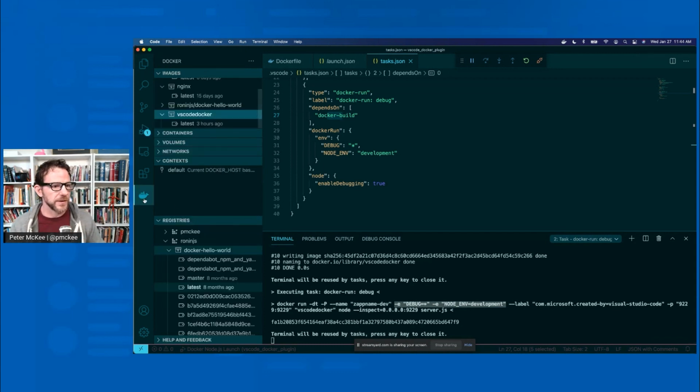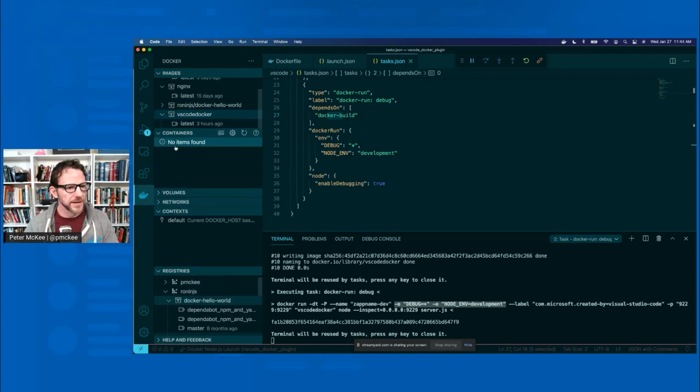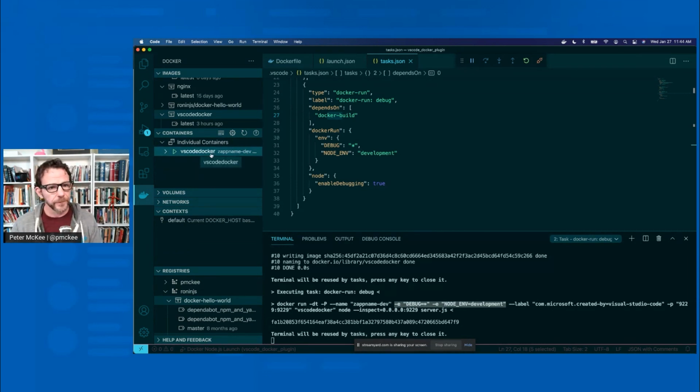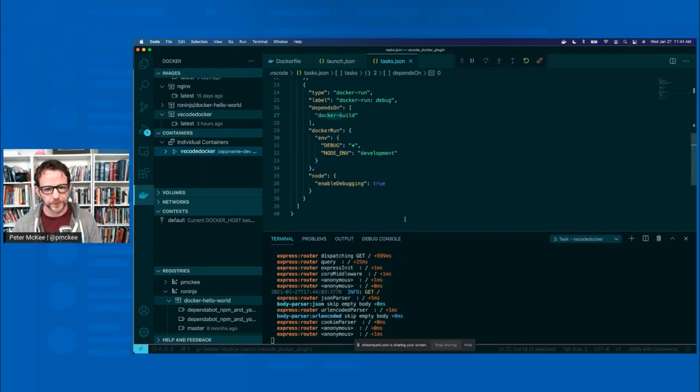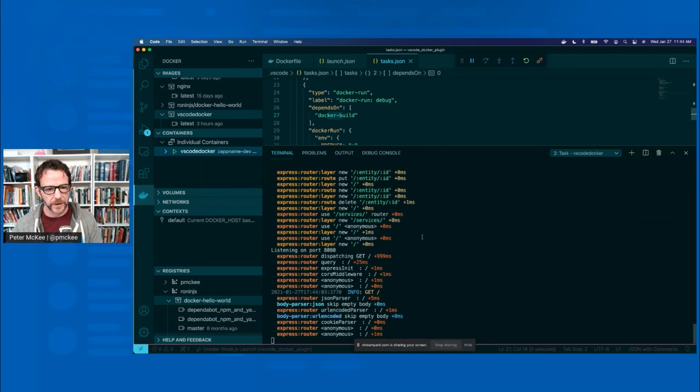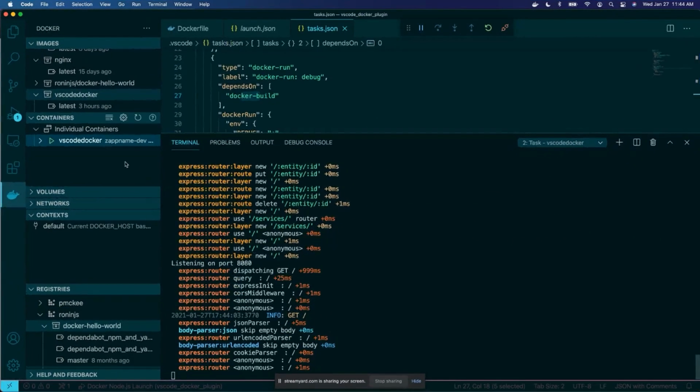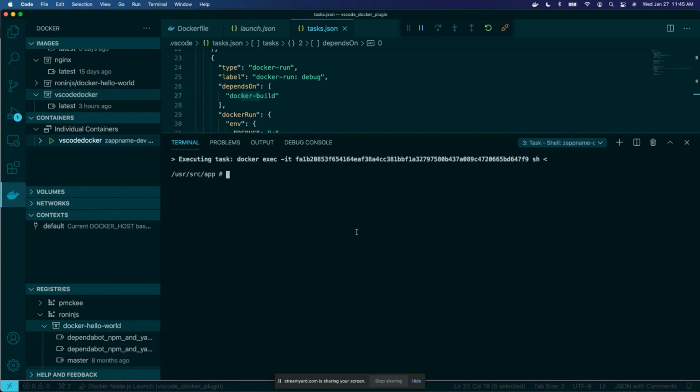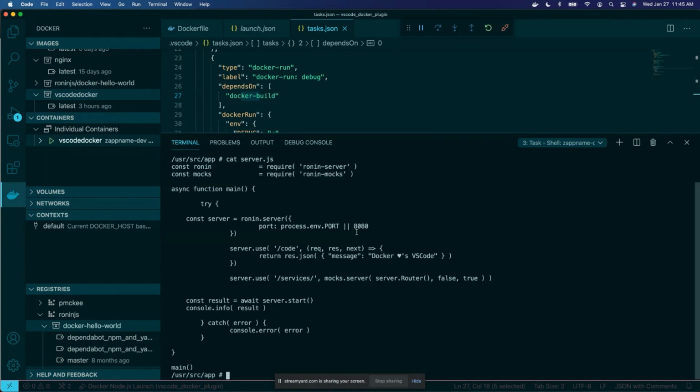Okay, so now let's come over to the extension, expand my containers, give it a refresh. And now we can see that our container is running. Pretty simple. We can right click on that. We can view logs. Make this bigger for folks. So you can see all the logs that are being produced from your container. You can even attach into a shell inside of your container. And we could run regular commands. We can cat out files. We can take a look at what's going on, right?